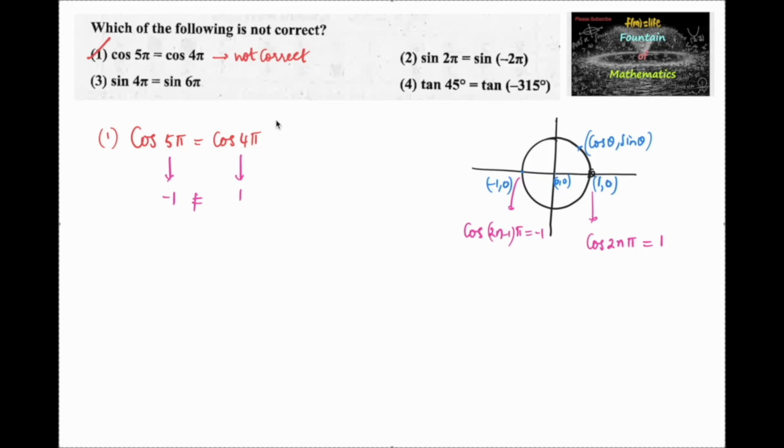At the same time, if we can see the second option for confirmation, sin 2 pi, and here the sin y coordinate, sin for any multiple of either even multiple 2 pi or 4 pi, or any multiple, sin n pi is always equal to 0. So here sin 2 pi is 0,